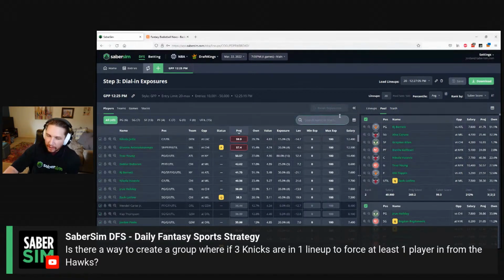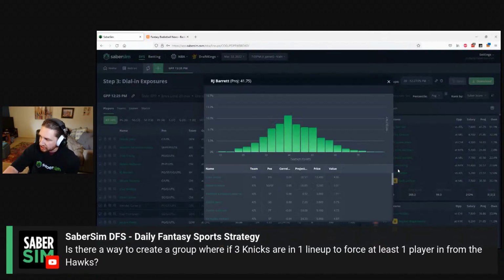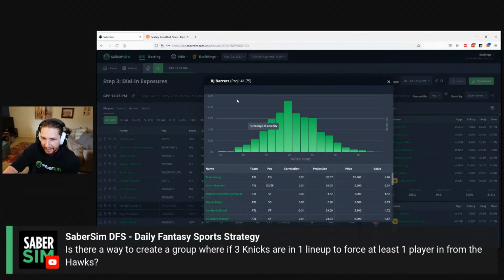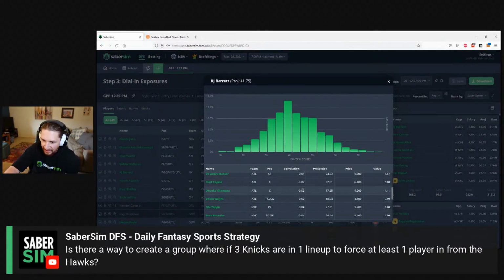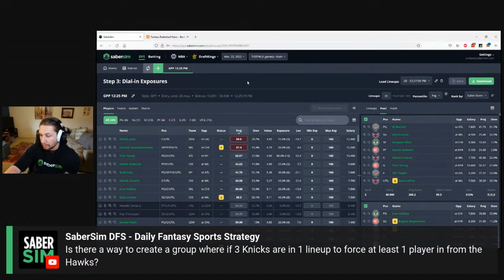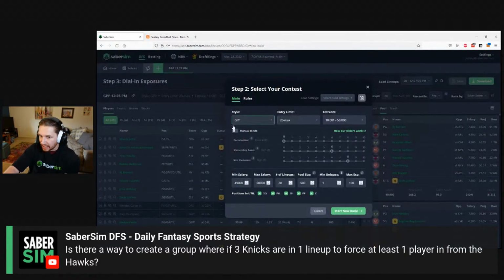The one other thing I'll say is that I think one other way you could do this is to turn your correlation slider up. If we look at the correlations here, most of the Knicks are not going to have very strong correlations with the Hawks players, but they're at least going to have mostly neutral, maybe some very slightly negative correlations, but they are generally going to have negative correlations with each other for reasons we just talked about. What this group is trying to do is basically tell the builder, hey, I think correlation is important tonight. Our sliders say it's not. Our sliders say what is important tonight is building a well-leveraged against ownership lineup that has high variance, that is optimal for a very small set of simulations, and to go that route.